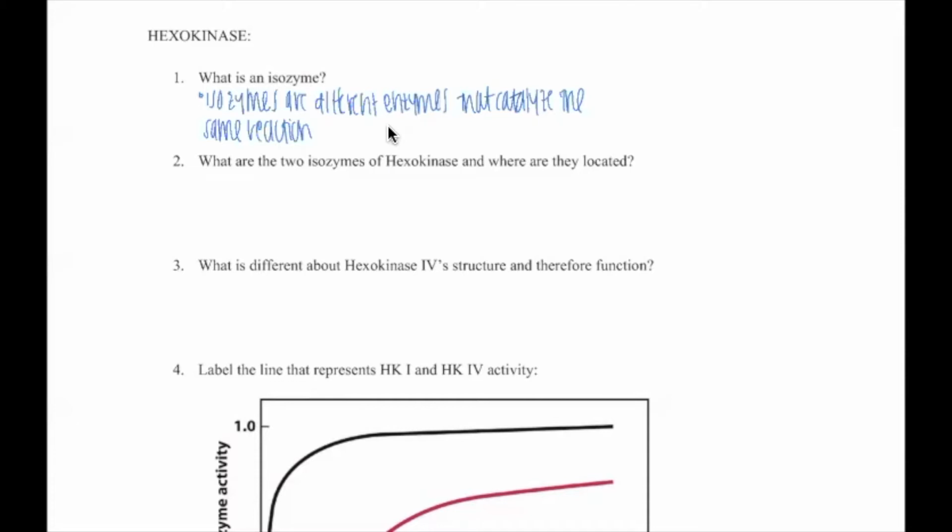What are the two isozymes of hexokinase and where are they located? So we remember from lecture that one of the isozymes is hexokinase 1 and the other isozyme is hexokinase 4, right? And now we have to talk about their location. Hexokinase 1 is going to be found in all tissues, while hexokinase 4 is only going to be located in the liver,